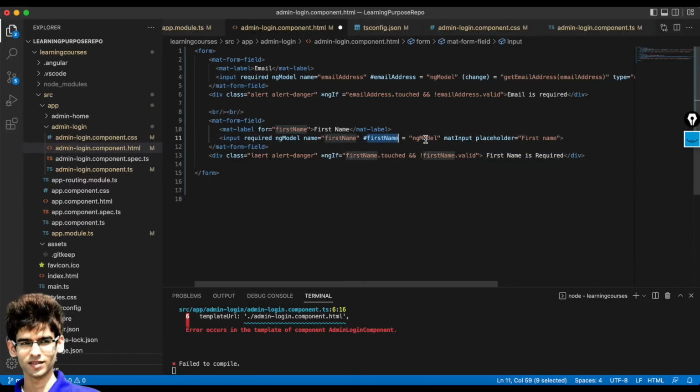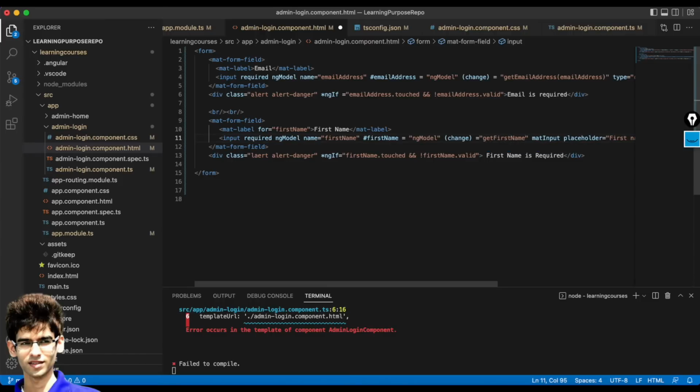I am not using tough words so that you can't understand the things. I am using it in a very easy way. ng model requires name, and to make sure first name is connected with this ng model, we will use this id and this ng model like this, and add the change event here to check